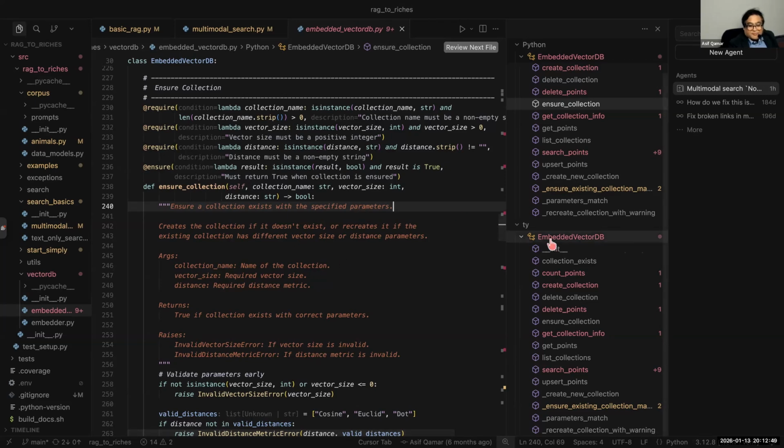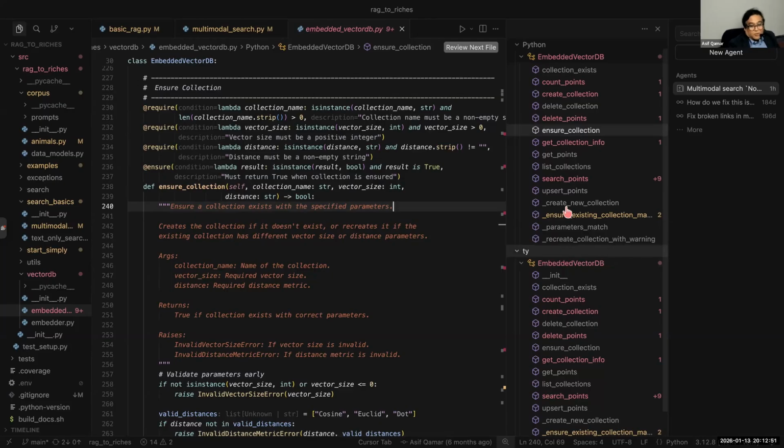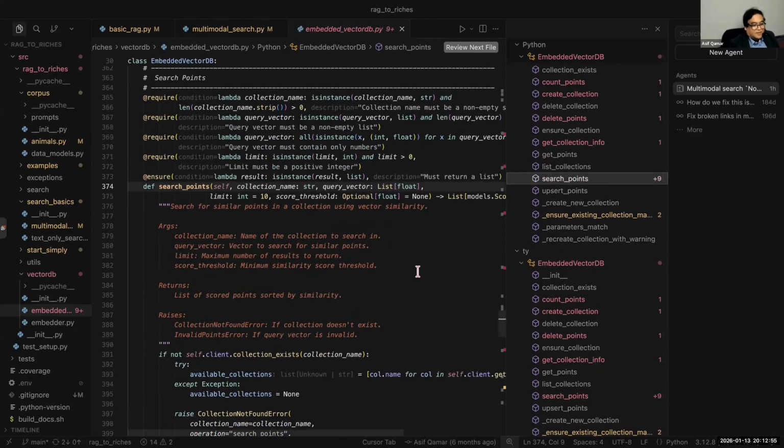So what is the vector database going to do? The most important function that it will have is search for points. But how will you give it a point? The vector database doesn't know that you're doing RAG. Vector databases are neutral. They say, give me a vector and I'll give you the nearest neighboring vectors. So the query also needs to be translated into a vector. Who will do the translation of query into vector? Now you see the pieces come together.